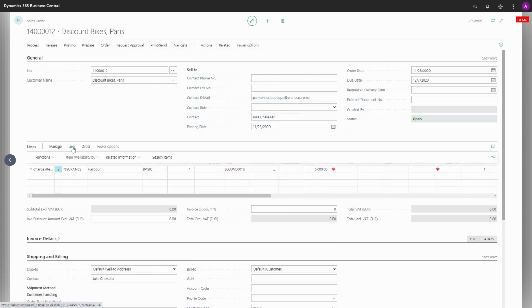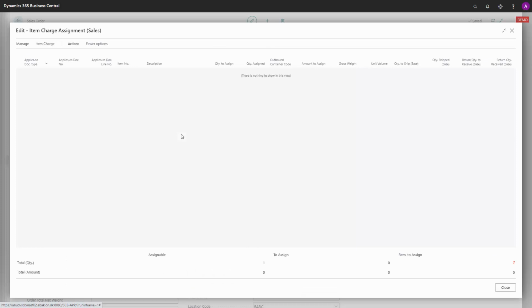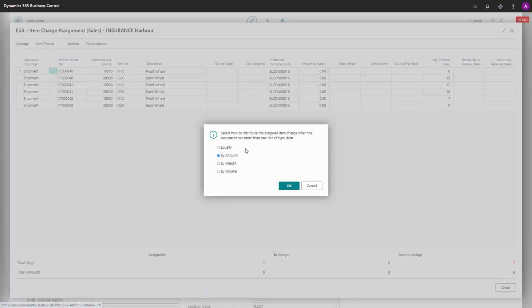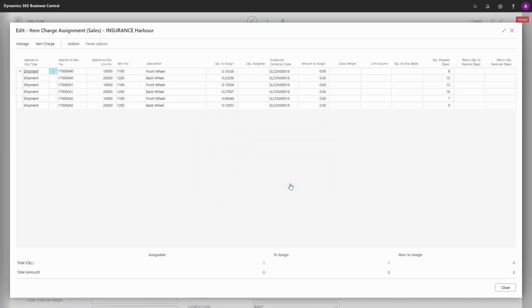And now with the container code, it's possible for me, because I like this income that I'm charging the customer, I like this to actually apply to the item ledger entries as value entries. So when I'm doing my order statistics, it looks correct on the item ledger entry level. This means I could select the container ID or the sales shipment line based on the container ID I just added, and I can suggest item charges by that, like this. And then,